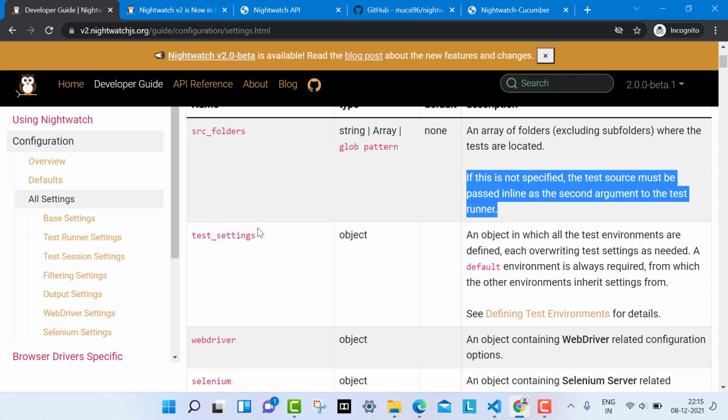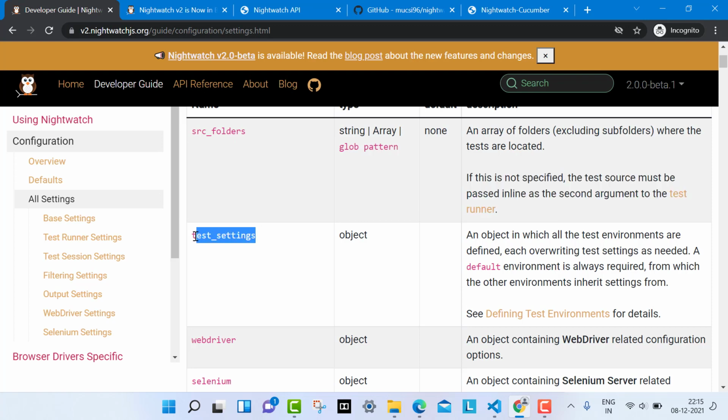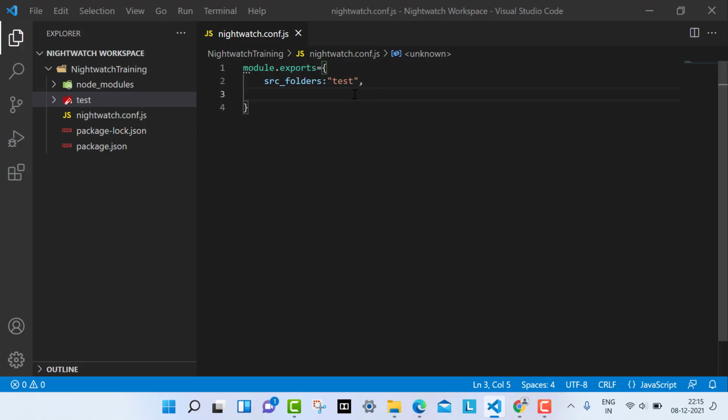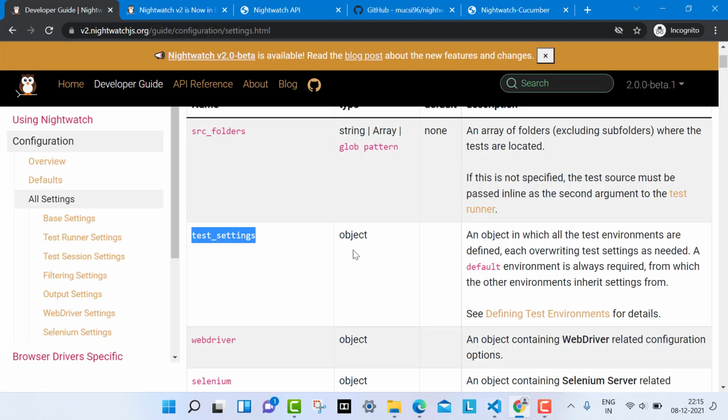Now, test settings, right? And what is this test settings? This is an object. What it is telling is that it is an object in which all test environments are defined, each overriding test settings as needed.